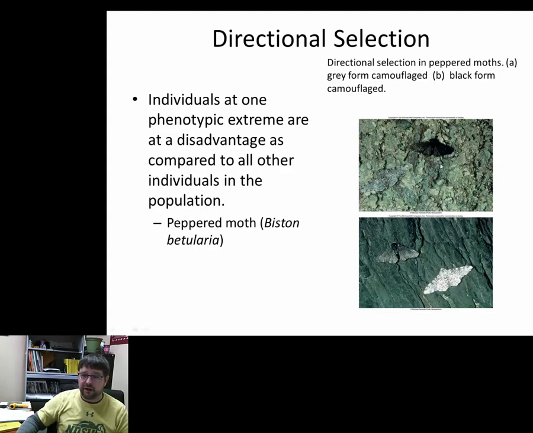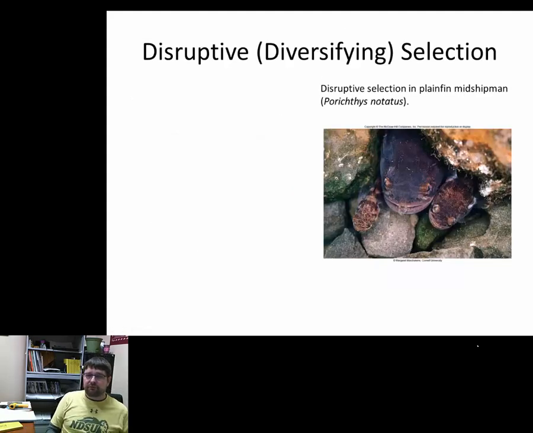There are fewer melanized black-gray moths in the population as the trees started to become light, there was less soot, and the new trees were growing without being soot covered. The original peppered moth got to come back. So it went from about 90% melanized during the heyday of the Industrial Revolution to 90% white with black specks today, and you still have 10% here and 10% there, respectively. All right, disruptive selection.